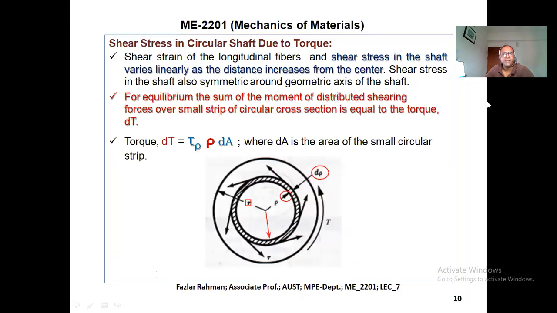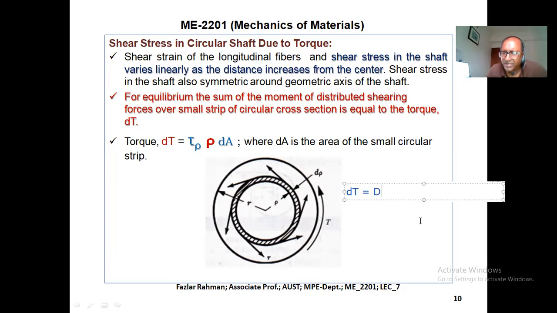We are thinking about what the torque will be in this small ring. So dT will be tau rho dA. Now why tau rho dA? How is it coming actually? Because it's coming actually from dT,